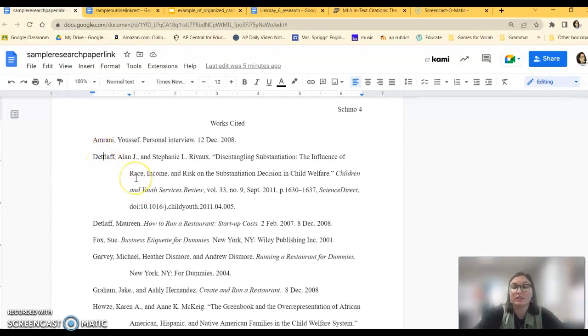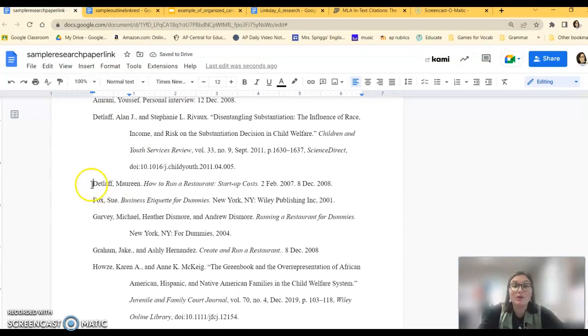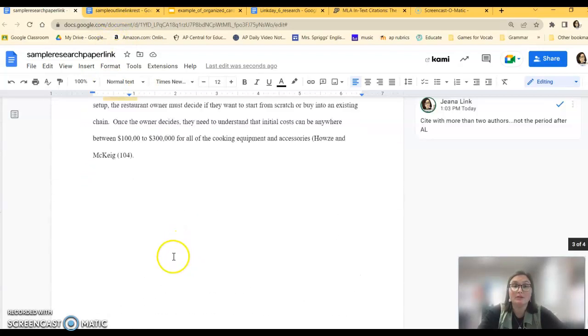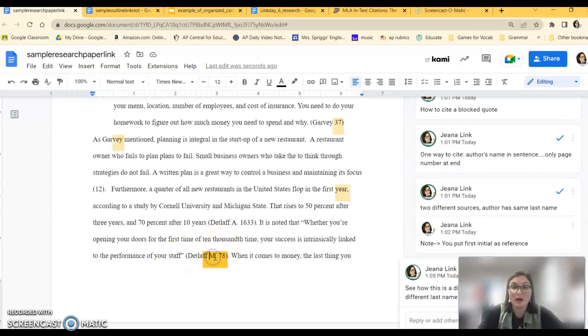We're going to pretend that's not there because I'm trying to prove a point. And we'll notice that that takes us right here, okay, to Detlef M. If I have two sources that are different, like these, this is different than this one, okay, but they're written by an author of the same last name, then in my paper, I include simply that author's first initial. Okay, so Detlef M and Detlef A. No comma needed, nothing like that. I would put a period after that first initial. Okay, and then I put the page number after it. All right, now,